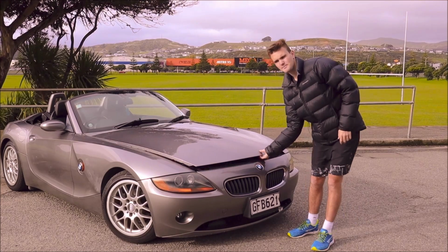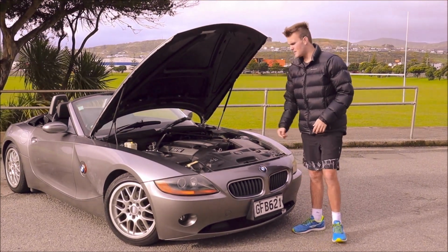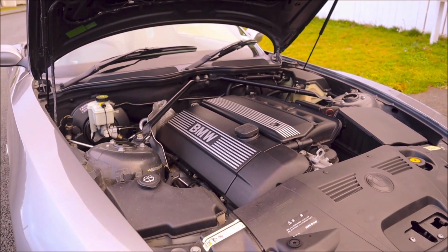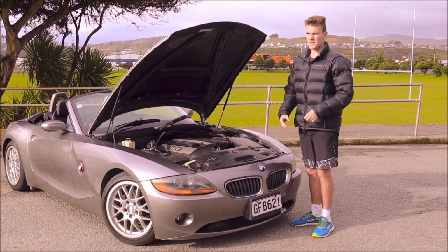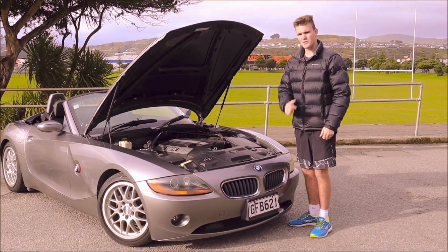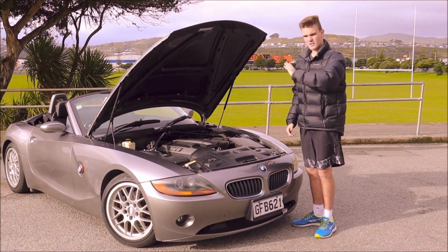Speaking of the engine, it's a BMW M54, 2.5 litre inline 6, makes 141 kilowatts and 245 newton meters. So it's certainly no powerhouse, but it does make very good torque, which means that it pulls very strong from